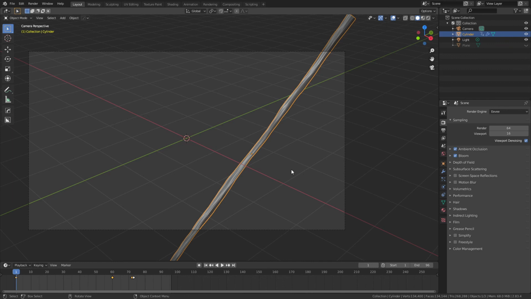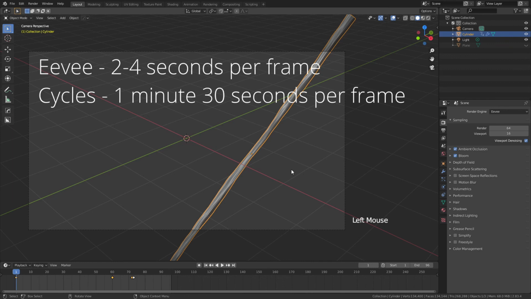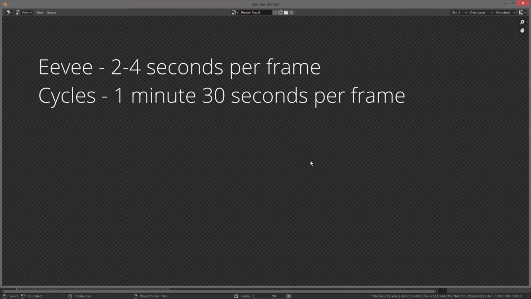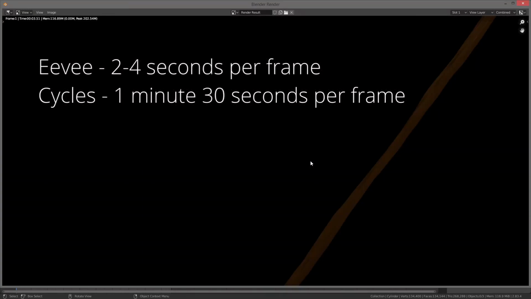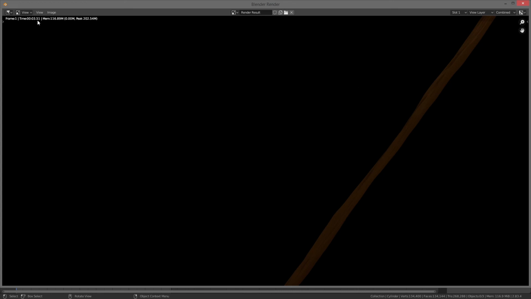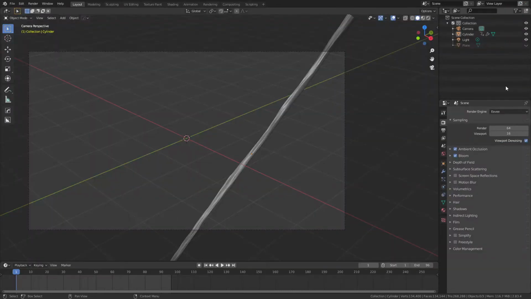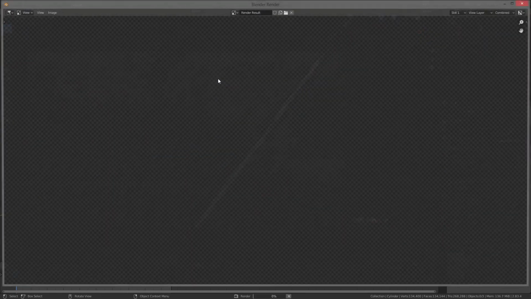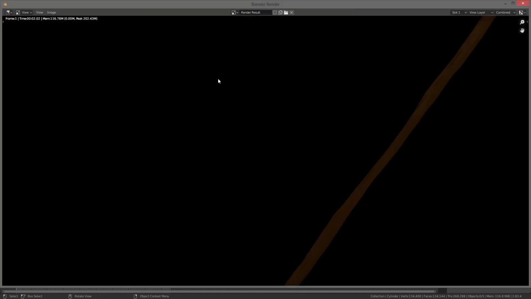But one of the things that I'll almost always do for an animation is I'll first just render a still frame. So if we just hit F12, this is going to render in Eevee, and we'll get a sense of how long it takes to render. So you can see for an individual frame, this takes 3.5 seconds to render. That's pretty good. If you wanted to, I find for Eevee, you can really get away with changing things. So you'll see this sampling option for render. If I cut that in half and then render this again, 2 seconds. That might not seem like a lot, but again, 1 second for 96 frames, that will add up,